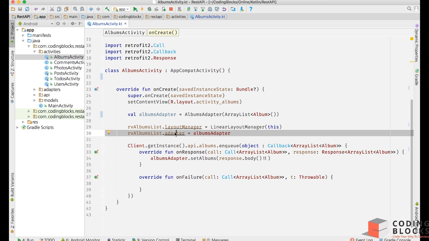Okay, you can simply do .adapter equal to albumAdapter, even if there is no real object called adapter inside rv album list. Sometimes that happens. Actually, the name of the variable inside a RecyclerView, if you look at the code of RecyclerView in the Android source, is called mAdapter. The actual variable is not adapter, but because the setter and the getter are named setAdapter and getAdapter, you can just omit the set and get and simply use it on the LHS of the equal to for set and the RHS of the equal to for get. Okay, do that stuff, and then